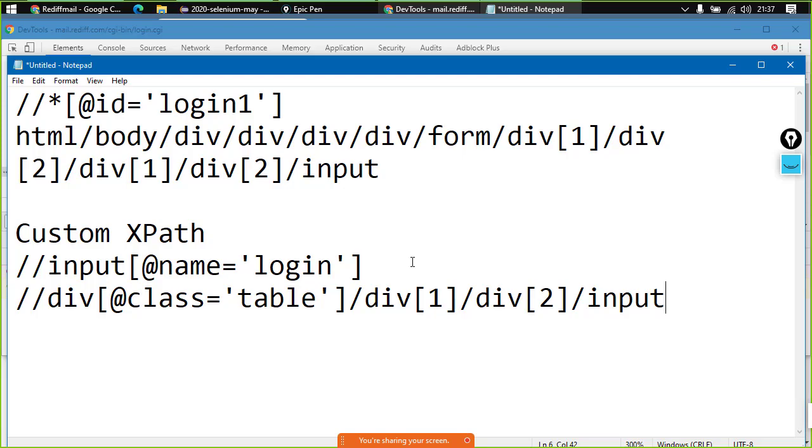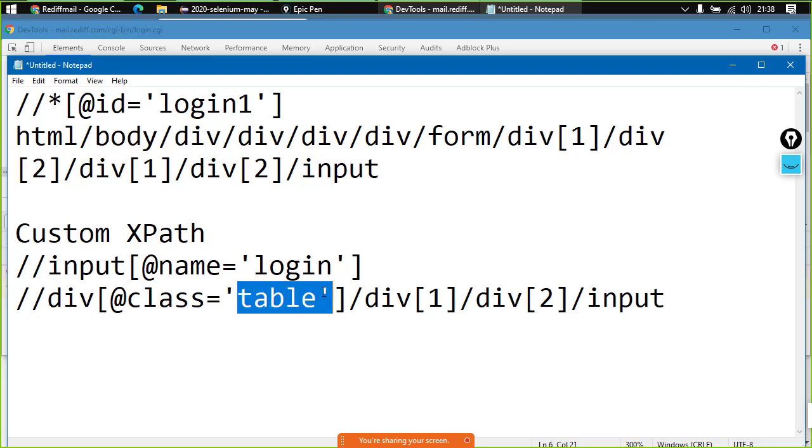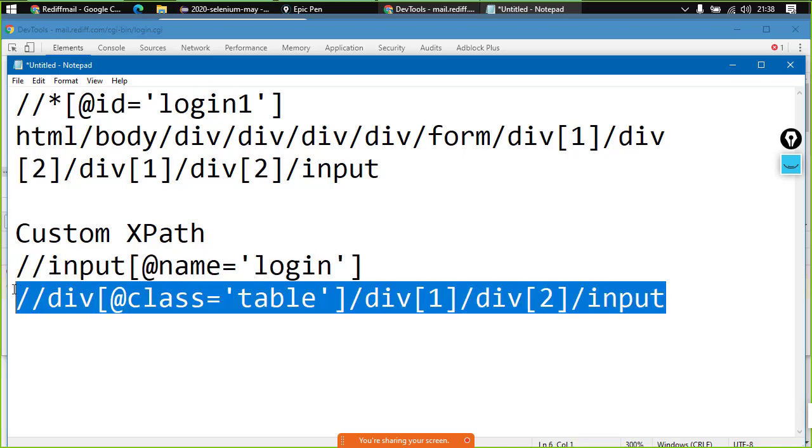Say, suppose if we notice that this name is changing from time to time, we won't be able to use it, right? We want something that is stable, and we got to know that the structure was followed every time, and this element's class doesn't change anytime. So over here, it is faster to use this particular XPath. So we need to decide which XPath would be stable for us, right? Now over here we have the XPath and we are done with that.